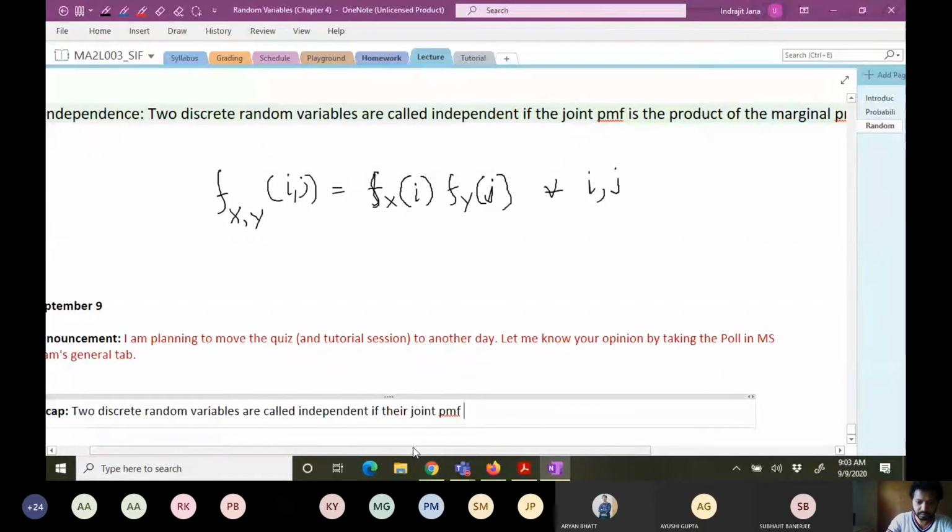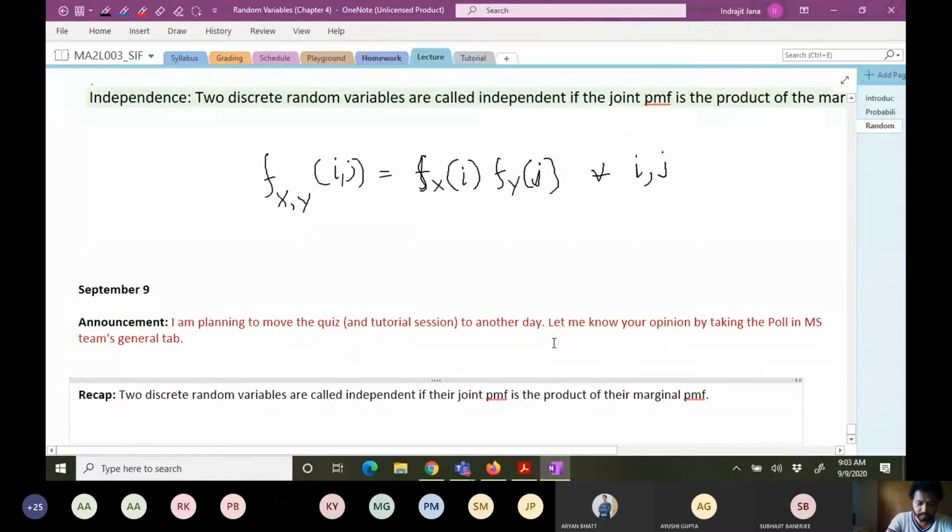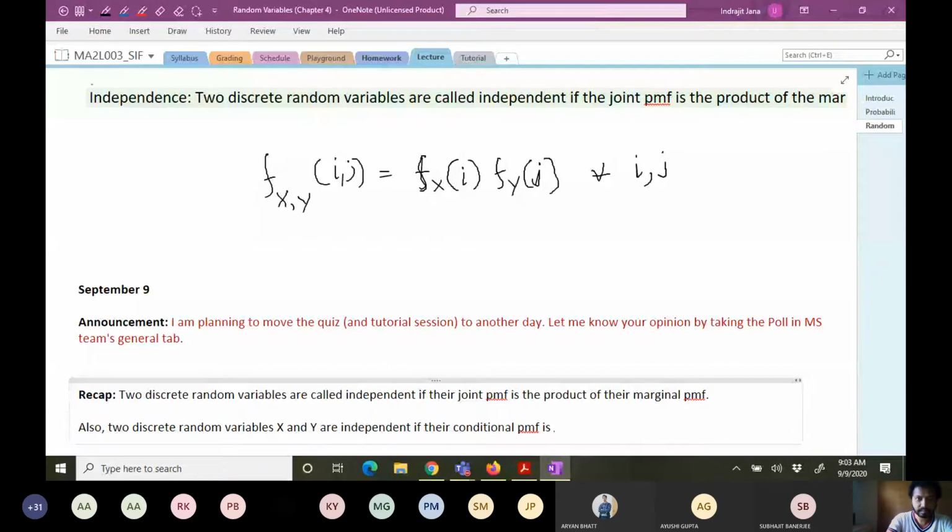Also, if two discrete random variables X and Y are independent, their conditional PMFs are the same as their marginal PMFs, which means that